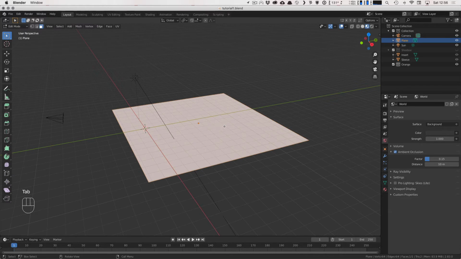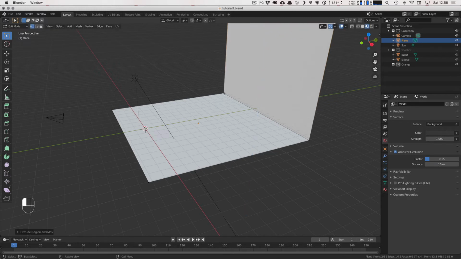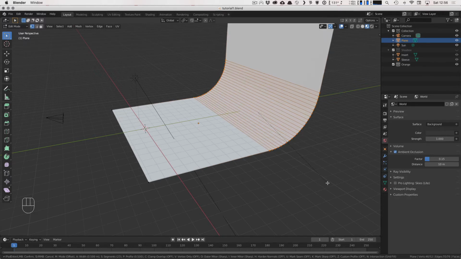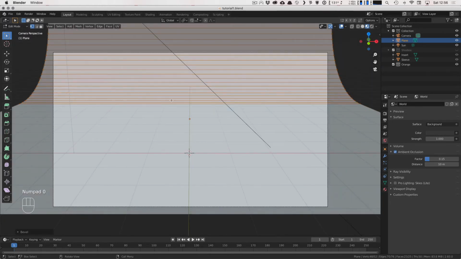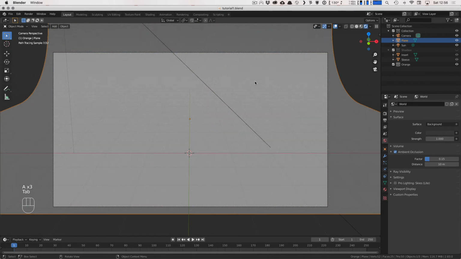So I'm going to go into edit mode on this plane. We need our vertex mode. Okay? Select these two far vertices and hit E to extrude and Z to constrain up, because we're going to just pull this up super high. Okay. Come back down, grab these two vertices again. We're going to do Control B to bevel, and as you pull out, you can see you get this bevel. We'll pull out and then mouse wheel up to add curves into that bevel. What this does from our camera view is it curves that up. So if we go back into render, we now have this infinite space that curves up and gives us kind of a nice